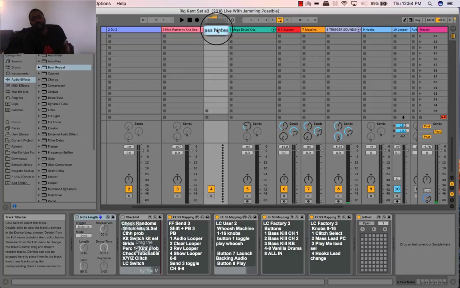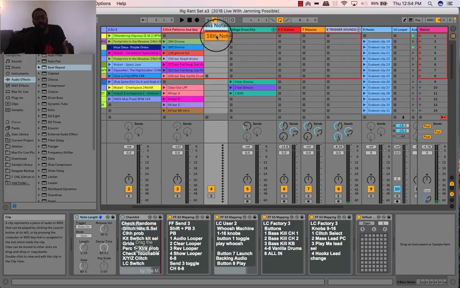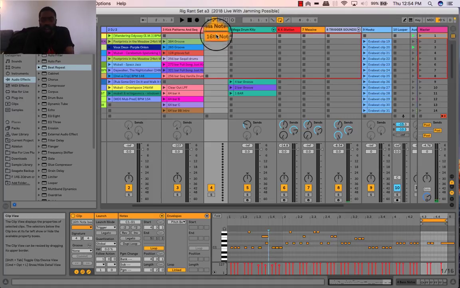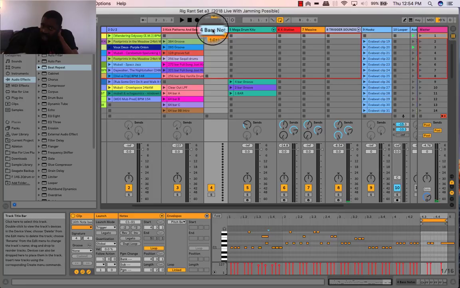But I can basically lock this pattern, or this clip, to my Launch Control. So whenever I enter that particular sequencer, it only stays locked to that particular pattern, or that particular clip. So I don't even have to actually look at it in Live anymore, because I can always just go back to it using my controller. So what I'm thinking, that might be the best way to go for me for this particular situation,